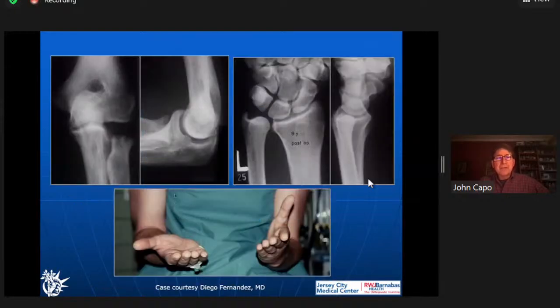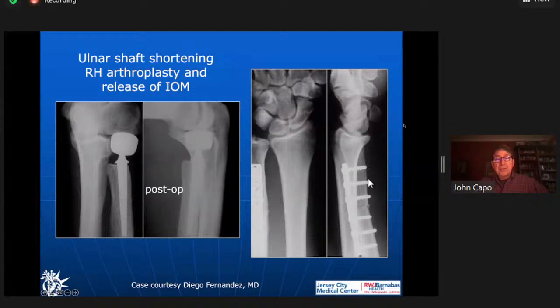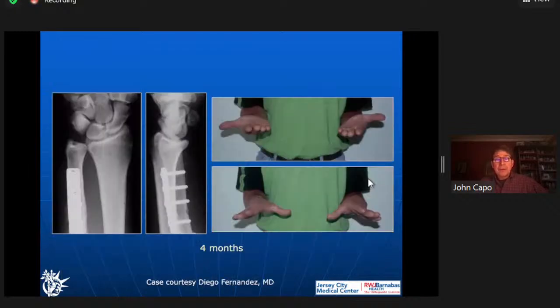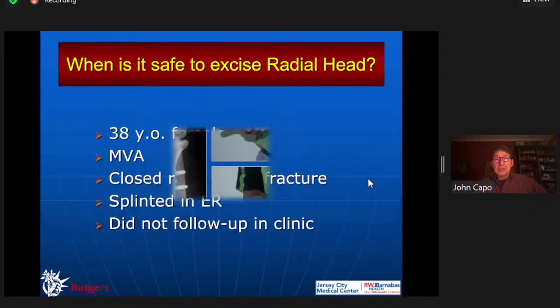So problems at his elbow, his humeral ulnar joint doesn't look too bad, but his wrist, his radial shaft is shortened, lacks supination. Diego did a Judet prosthesis at the proximal ulna, and ulnar shortening, and the DRUJ is lined up perfectly as Diego always does. So excellent result. Effectively the forearm is shortened, but that's fine because it's congruent and it's balanced now. So excellent result with restoration of the supination.